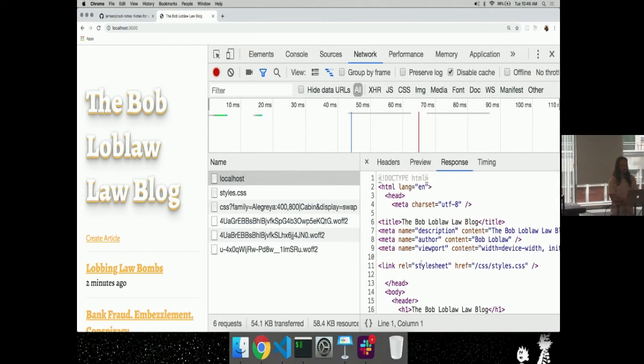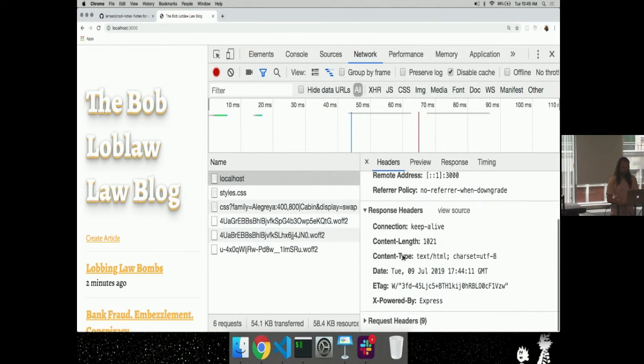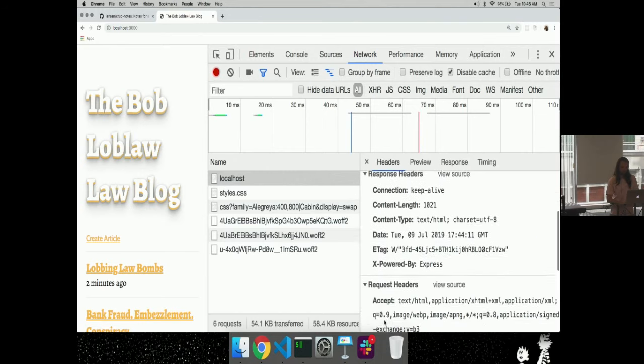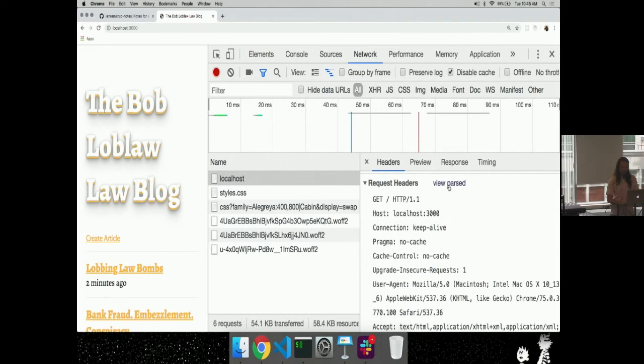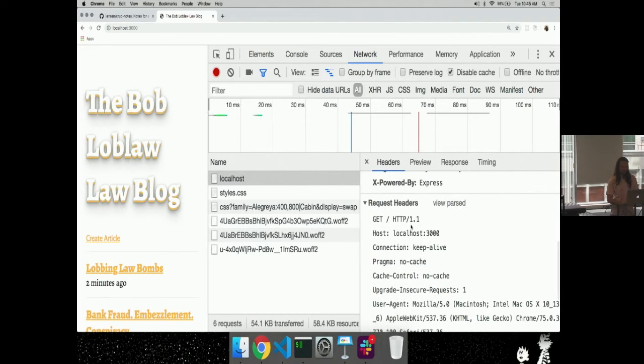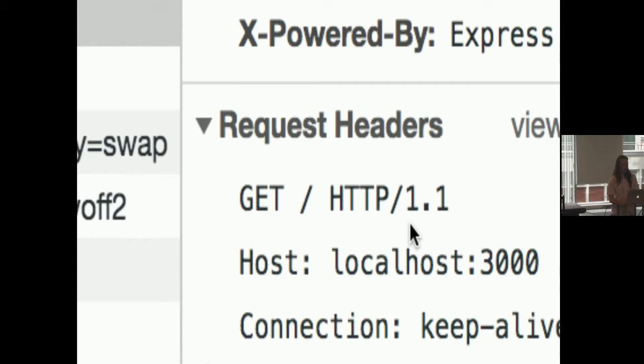Cool? All right. The request headers here aren't so interesting, but we can see right here, that is the request. This is what gets sent to the server. The browser makes it look nice, it's fancy. Typing into an address bar is cool, but this is what happens when we actually do that, right? This is what gets sent to the server, and the server knows what this means. It knows what GET / means.